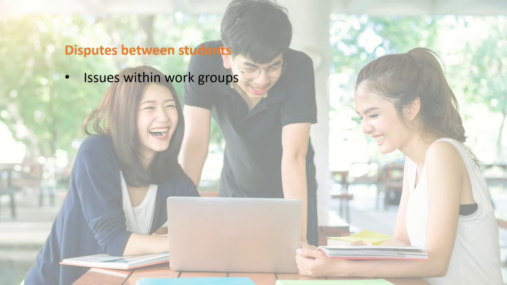There are options within universities to undertake study skills tuition. There is help available within a lot of universities to learn how to do this better. But if people don't avail of that support, they can end up getting into some right disputes and conflicts with fellow students when they have to try and collaborate within work groups. They're just not used to it, they don't know how to do it, get thrown in together with other students that they don't necessarily know very well, people of different abilities who work in different ways and at different paces, and they can end up falling out.